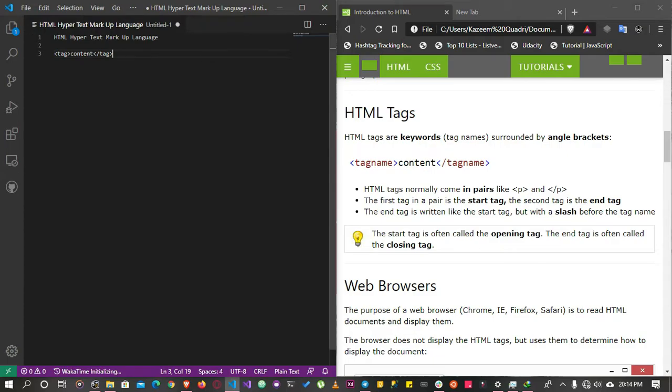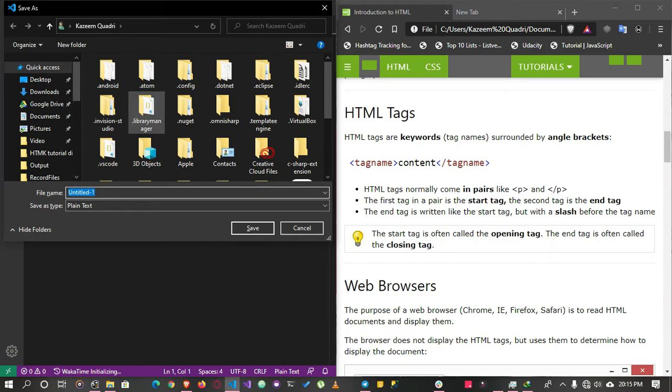Now, to start any HTML document, you are advised to always save first, because most editors don't know that you're writing HTML until you start writing HTML. So it's better you just save first. So what I'll do is delete everything here, and to save, since I'm using VS Code, I can just hold Ctrl and S, and I want to save it in a specific folder so I can always find all my